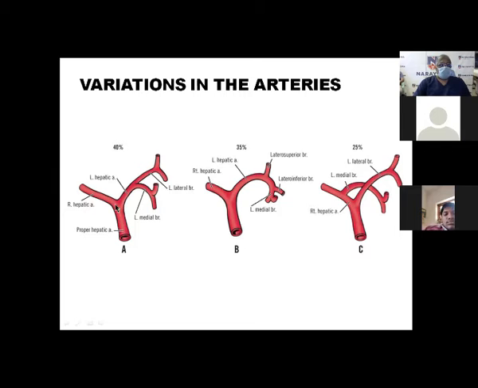Next slide. This is the proper hepatic artery: right, left medial, left lateral, 40%, 35%. Left medial is divided into two, then again it's about 25%. The left lateral branch divides into two, and the left medial branch divides into two. There's not much of a problem because the trunks are the same. But here the left medial branch is arising from the right hepatic artery, whereas this is a normal one. So the problem here is that the left medial branch arises from the right hepatic artery.